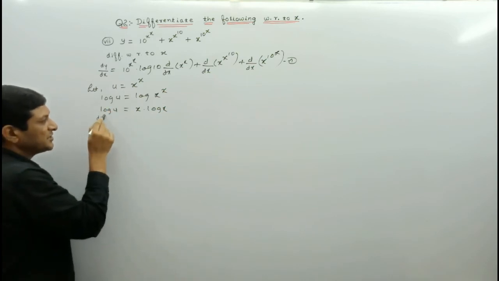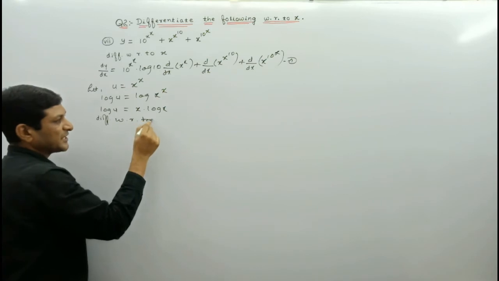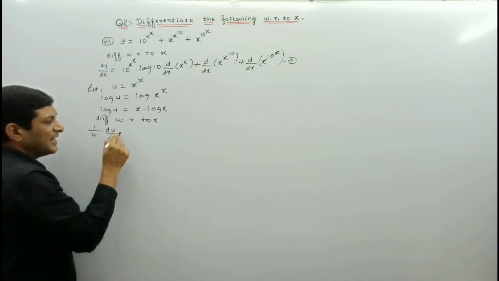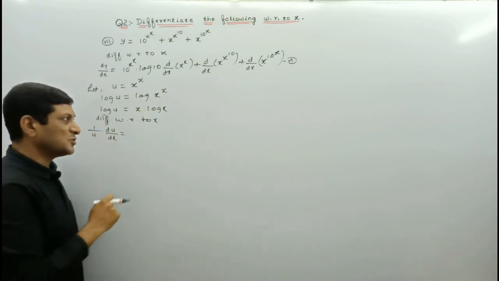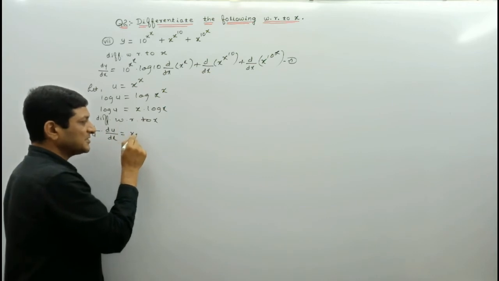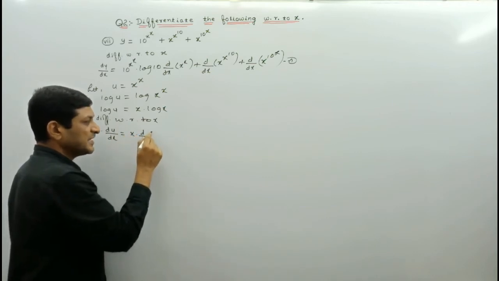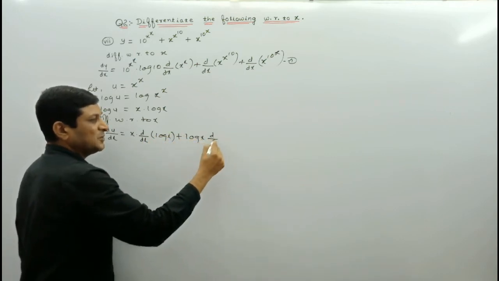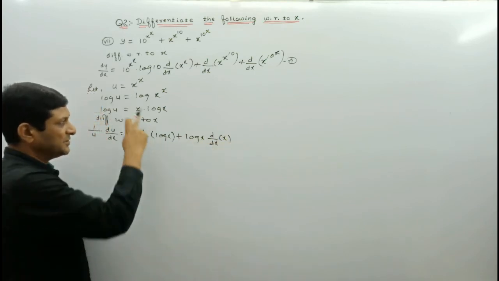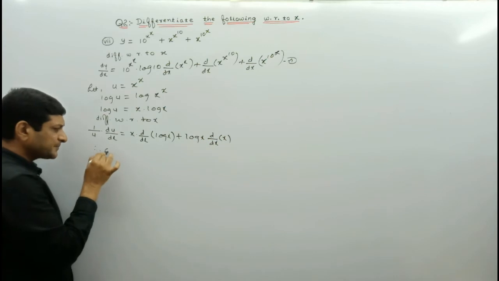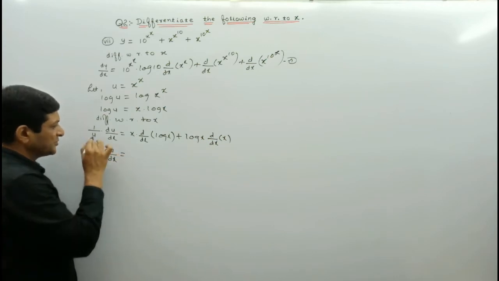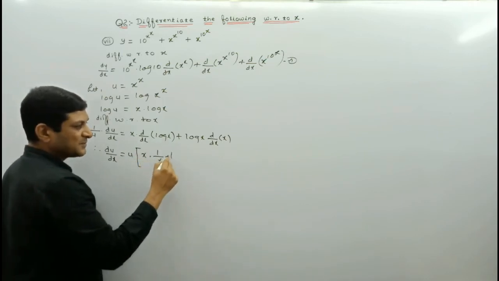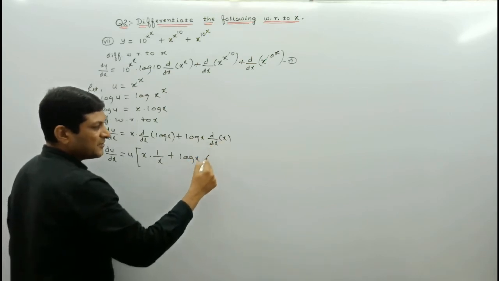Now we are differentiating it with respect to x. The derivative of log u is 1 upon u into du by dx. And on this side, to find out the differentiation, apply the product rule. According to the product rule, keep the first term x as it is into the derivative of the second term, means the derivative of what? log x, plus the second term as it is, means log x as it is, into the derivative of the first term. The derivative of the first term means the derivative of what? x. So therefore du upon dx will be equal to, you will get it multiplied on this side. So x, keep it as it is. What is the derivative of log x? It will be 1 by x, plus log x as it is. What is the derivative of x? It will be equal to 1.